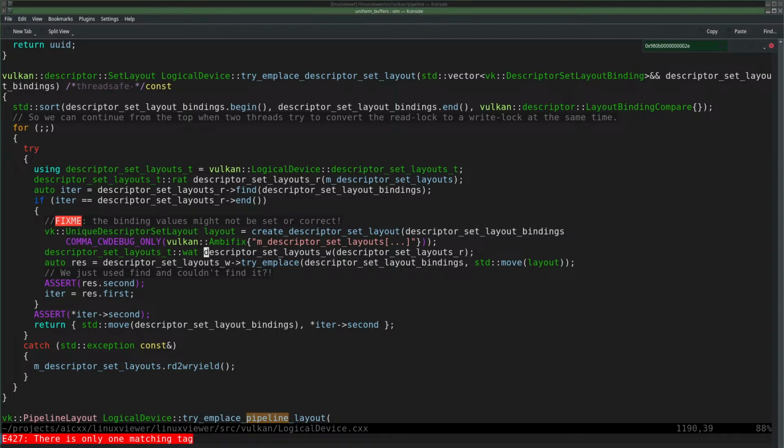And then I convert my read axis into a write axis, and I am doing a try in place, which will always succeed. Just doing that so I can pass the key as well here. And then we move the layout, which is the unique pointer, into our map, which indeed stores a unique pointer to the descriptor set layout. And that succeeded. And I fixed my iterator so that here we can remove,